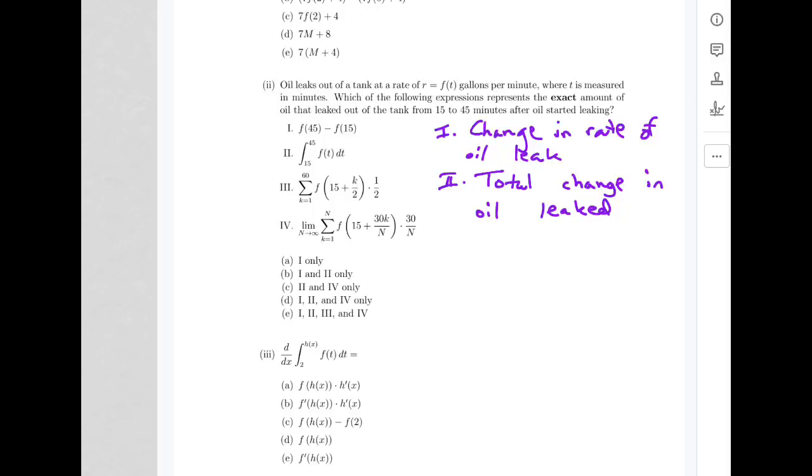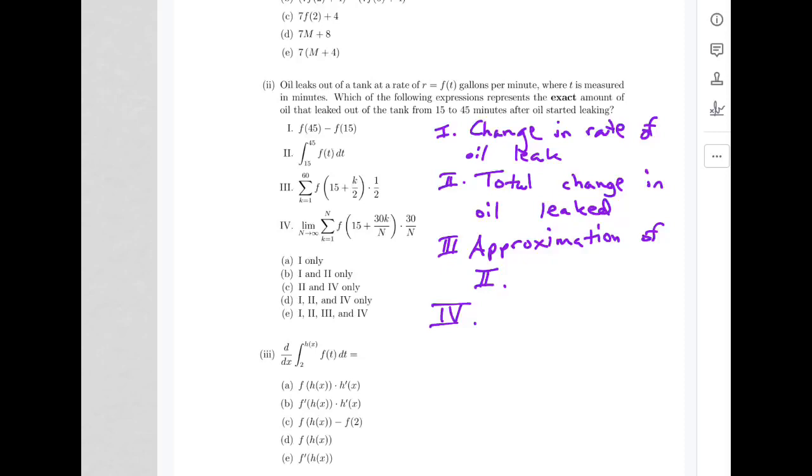3, if we're looking at this, then this is a Riemann sum, which means it's an approximation, and we have F times this thing times 1/2. So it's a rate times a time of 1/2 minute. And so it's an approximation, so 3 is an approximation of what we wrote for 2. And then 4,